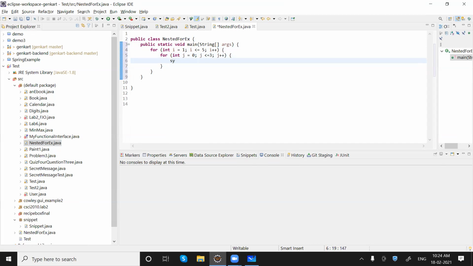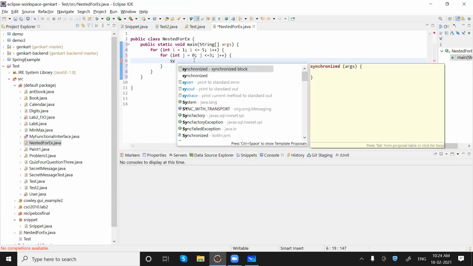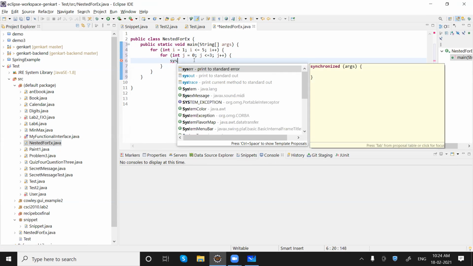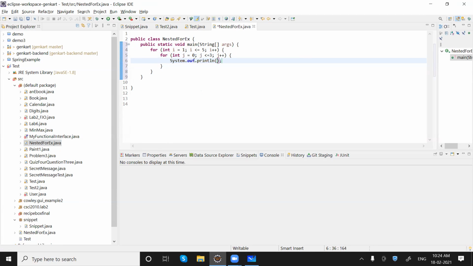Then we will be saying system dot out dot println. So I'm not saying println. What I'm doing is I'm saying i is equals to plus i, sorry, and then plus double quotes, comma, then some space.